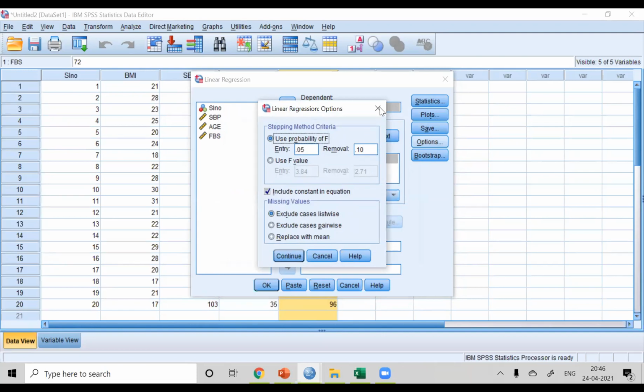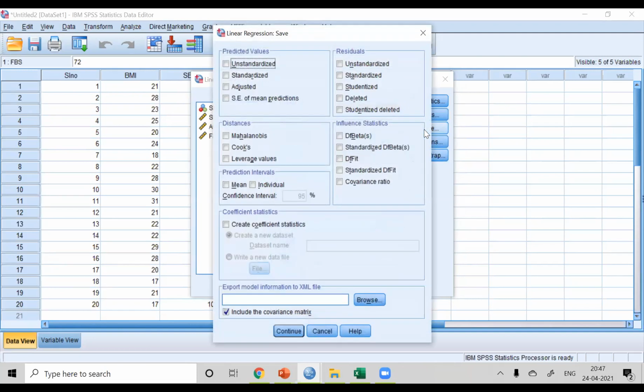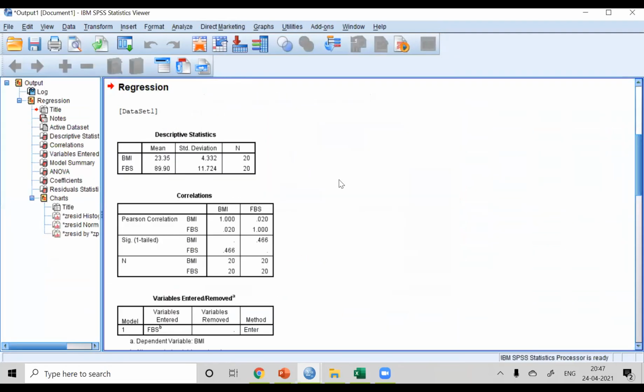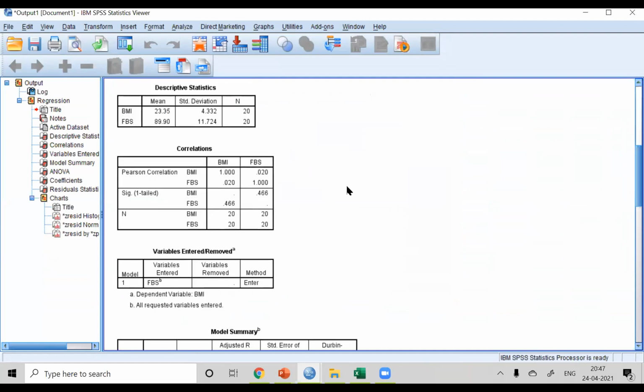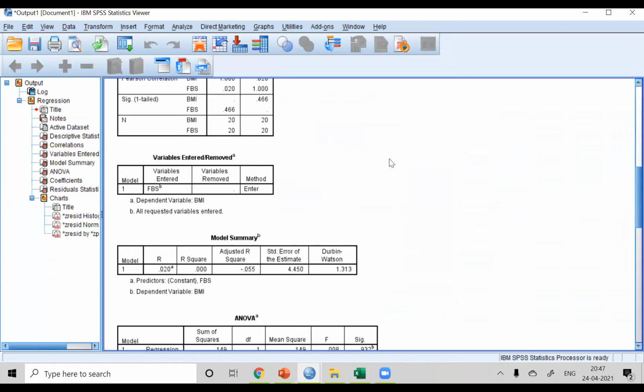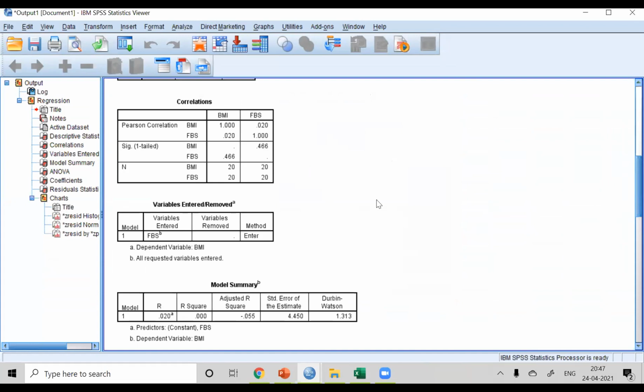Then options, say predicted values if I want. Okay, that I'll show you later. Then click OK. The first part, as you know, is just the correlation that comes here. The correlation itself is very weak, but no problem. Let's try with some other variable if possible.